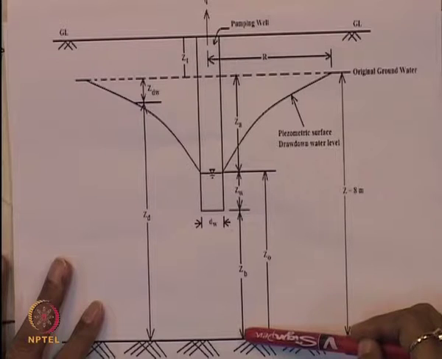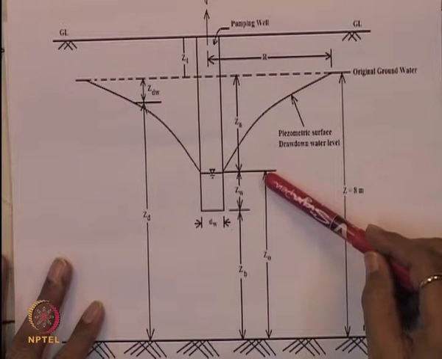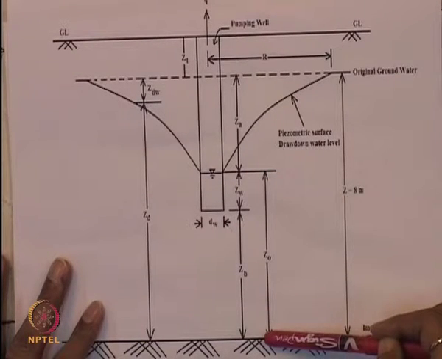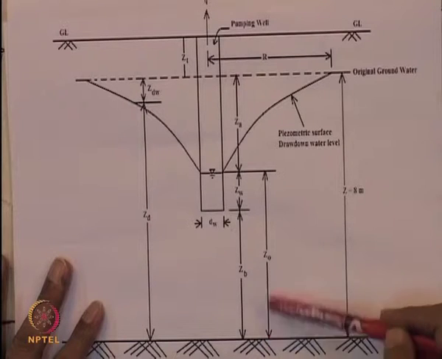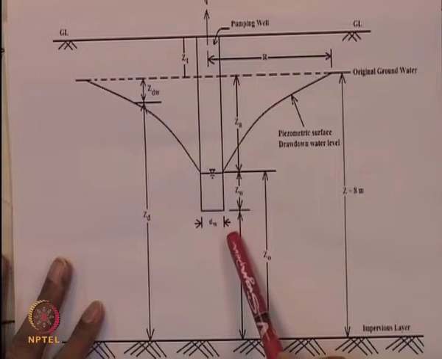Z0 is the distance of the water level in the drain from the impervious layer, and this is DW, the width of the drain,